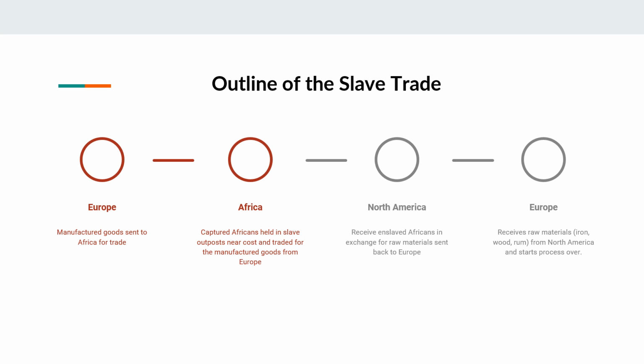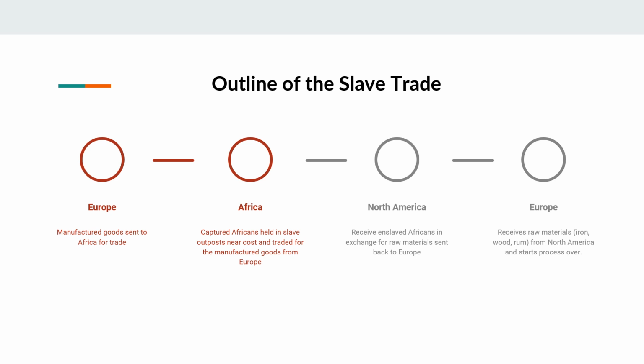You've got here the outline of the slave trade. This doesn't do as good of a job as I would like in displaying the three-sided triangle that we generally look at when we're talking about the Middle Passage. But what it does show is an interconnected system on all three sides: Europe, the coast of Africa, and North America. All three play together in an interconnected way that doesn't leave one out. And if we're going to use any moralistic terms, it doesn't leave responsibility out of anyone's hands either